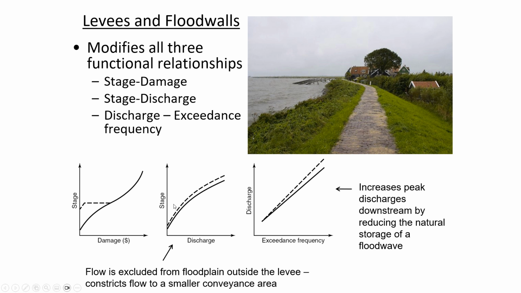Additionally, look at the discharge versus stage. That's also a bad thing, that the curve is above the original curve of discharge versus stage. So think, for a certain flow rate, if you've put in a levee, which is confining the flow, you're forcing the depth higher than it ordinarily would be. Look at the water level here on the left side of the levee, and now the homes are lower. If this levee wasn't there, the water would be spilling out into the floodplains, and the depth would be lower. So basically, ordinarily the river would be all the way over here,